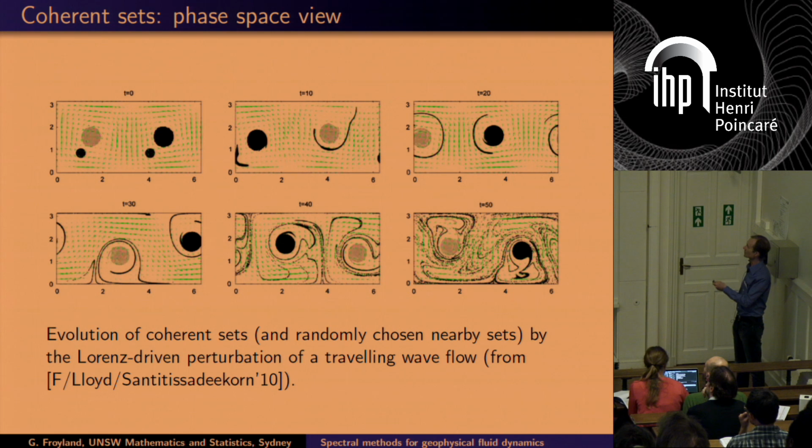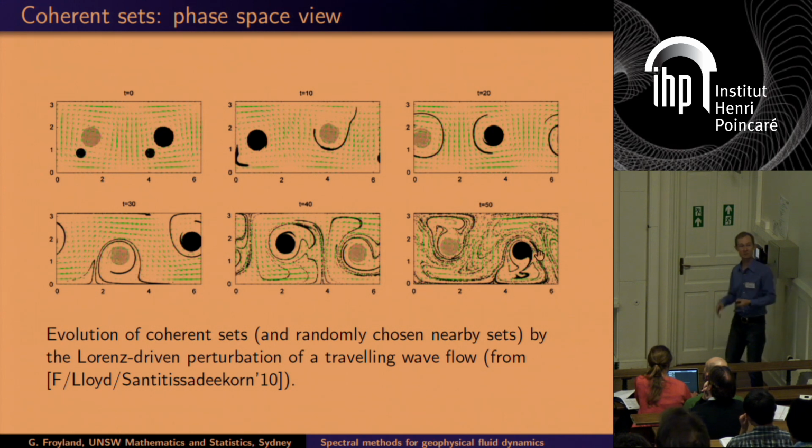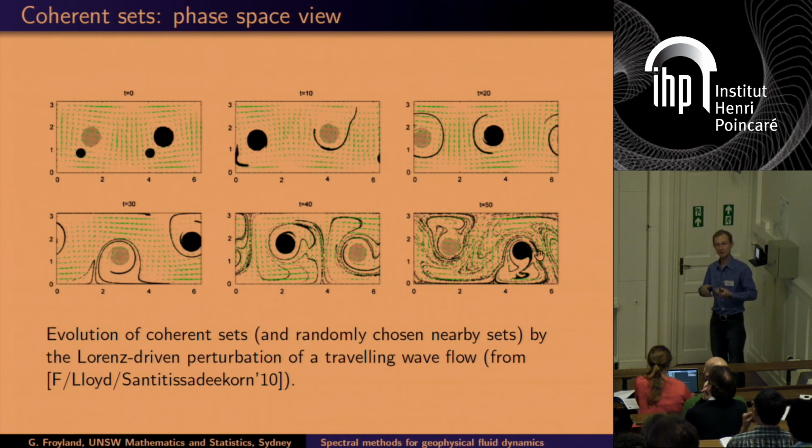As I flow this forward, you see that the randomly positioned sets very quickly mix throughout the cylinder, whereas these gray and black regions are mostly traveling along. Here you see they start to filament a little bit at the edge, and here in this very last frame at 50, they are filamenting a little more. But mostly they're staying together. They are decaying much more slowly than a randomly chosen set.